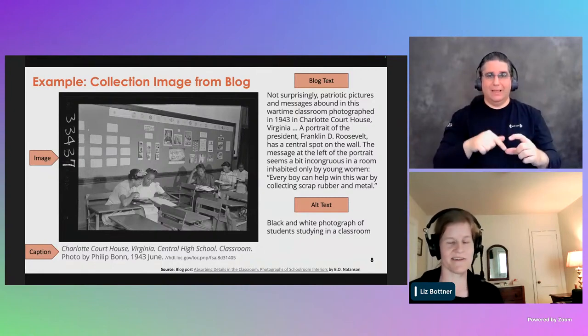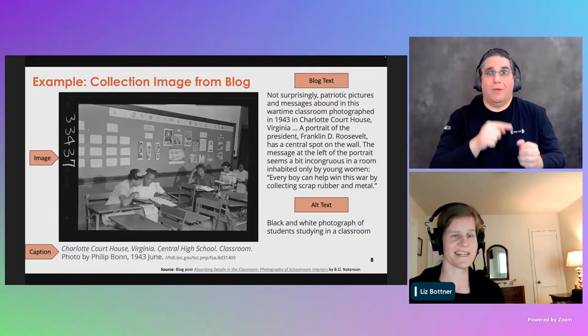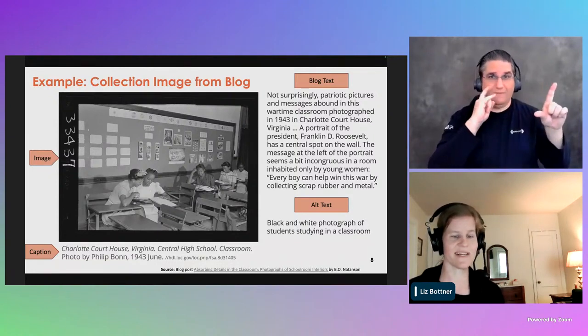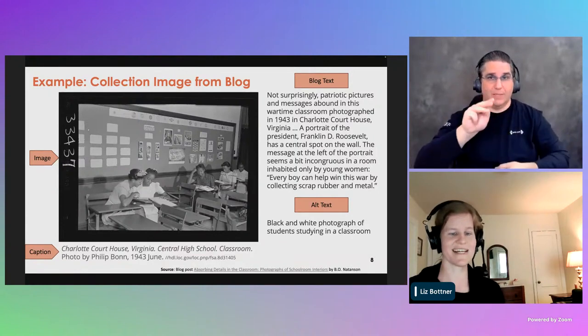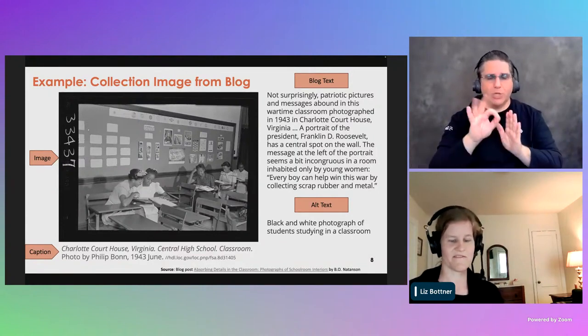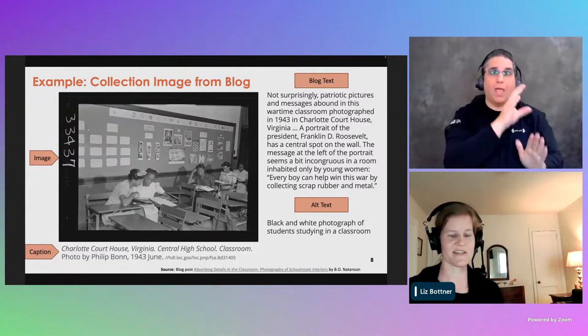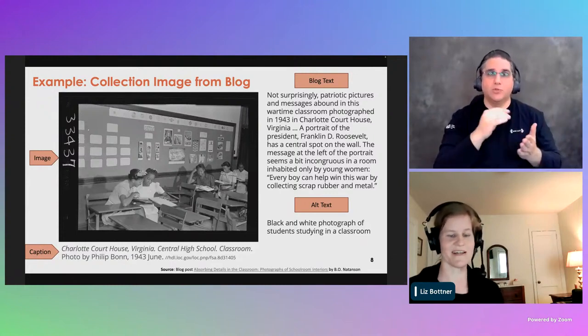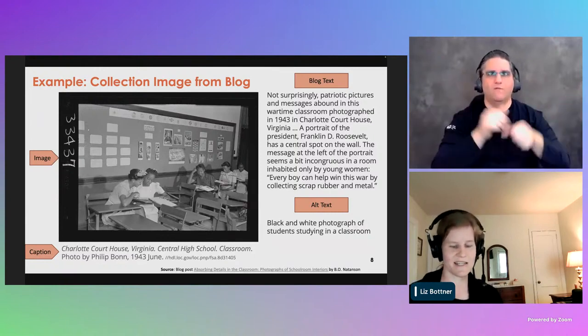And so related to this image of the students in the classroom, the image summary might be that this is an image of students studying in a classroom. The visual characteristics could be something like 5 students sitting at a desk reading books in front of a blackboard covered in posters. The image aesthetics